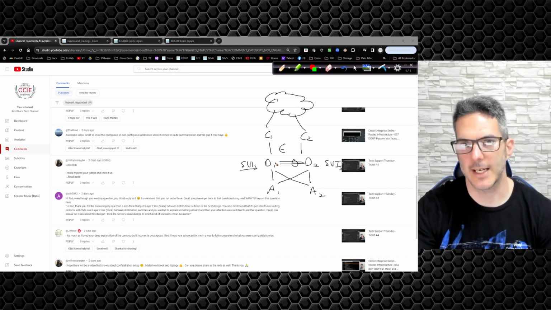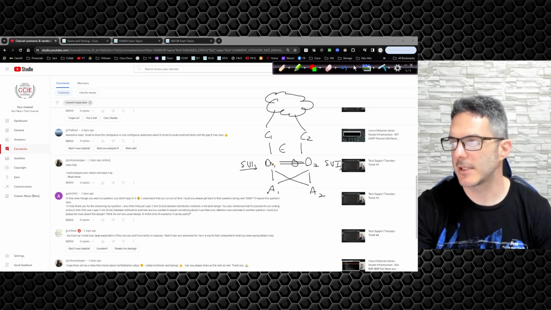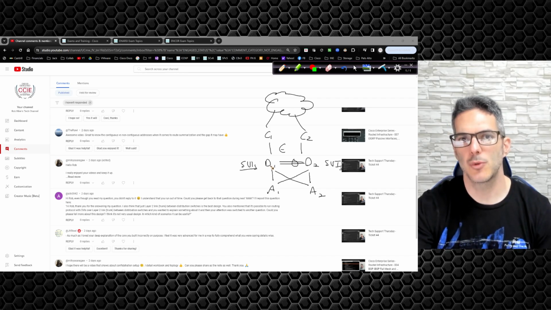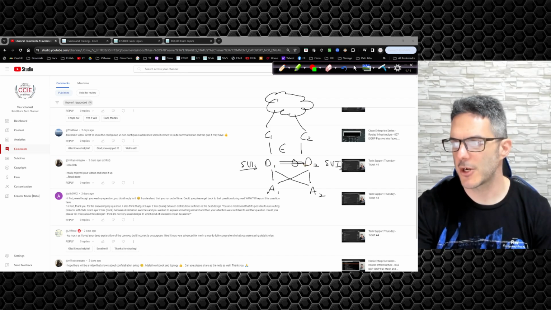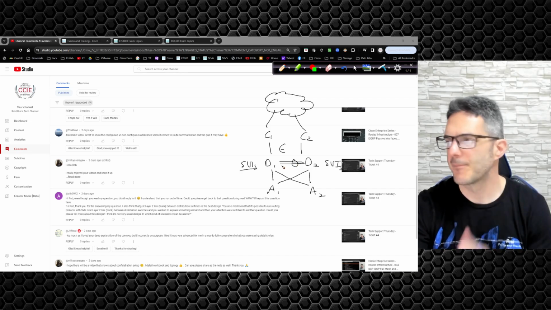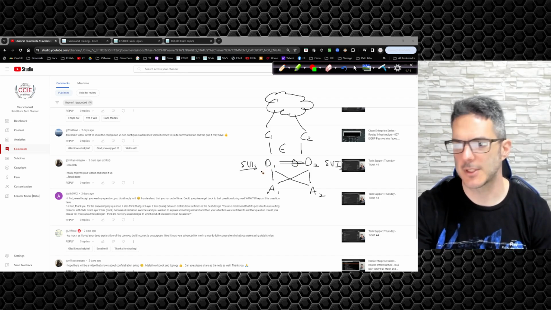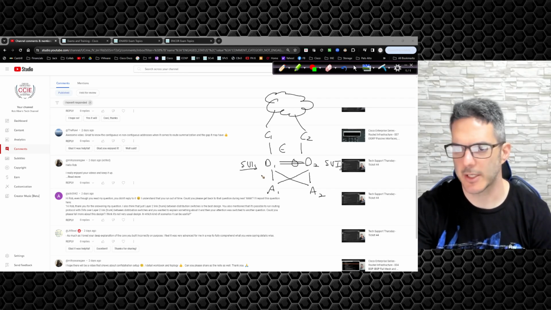Now, here's the thing. When we start looking at network design and how traffic patterns will flow, the thing you have to take into consideration is, do I care whether or not there's an EIGRP adjacency between these two? It depends. So I'll give you the first example that I usually explain when I'm talking to customers about this type of stuff.